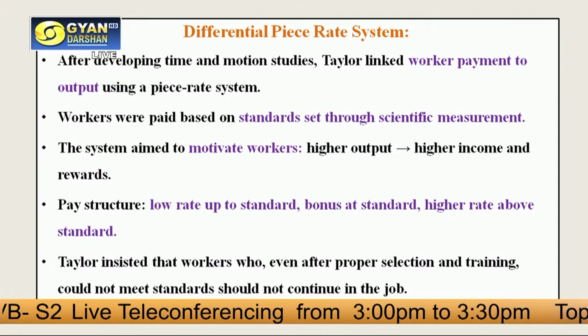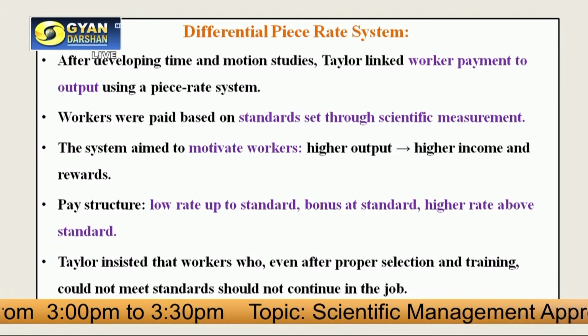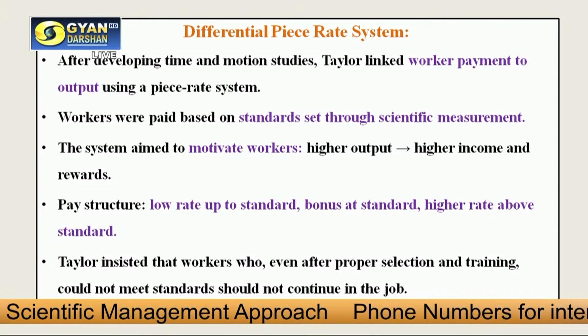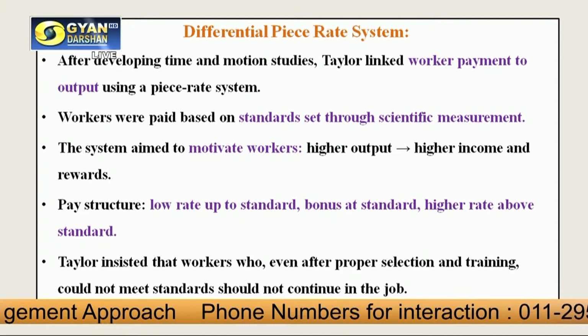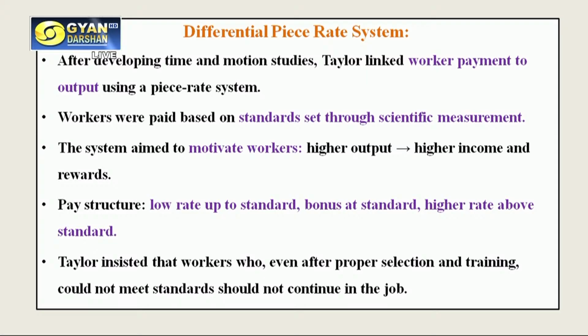Another important characteristic is the differential piece rate system. After developing time and motion study, F.W. Taylor linked worker payment to output. Payment based upon the output, you can say a performance based system. So he suggested that workers be paid piecemeal on the basis of standards set by the time and motion study. So the piece rate system